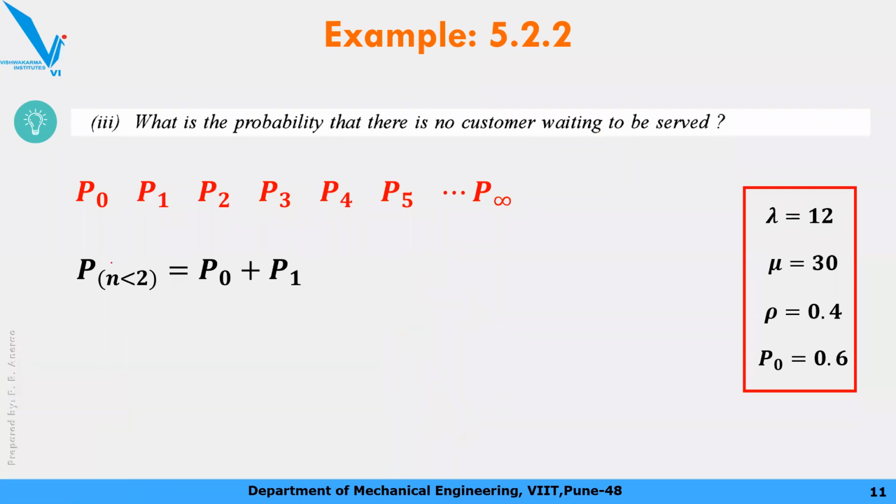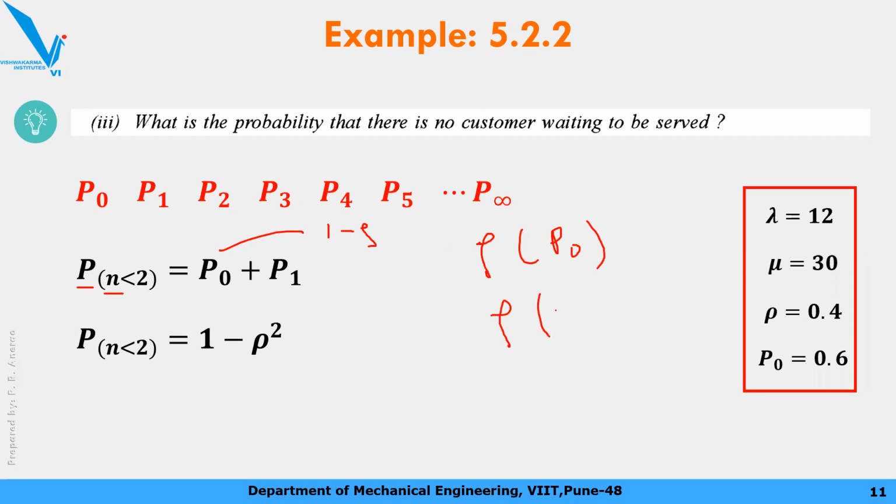So other way you can calculate this as probability of having n number of customers less than 2. Less than 2 मतलब क्या है? Either 1 or 0 customers. Okay, so that you will calculate by p0 plus p1. Now p0, you know how to calculate p0, 1 minus rho, and p1 is rho into p0. Again, rho into p0 is nothing but rho minus rho square. Put it in this equation. So 1 minus rho plus rho, minus rho plus rho will get cancelled, 1 minus rho square.